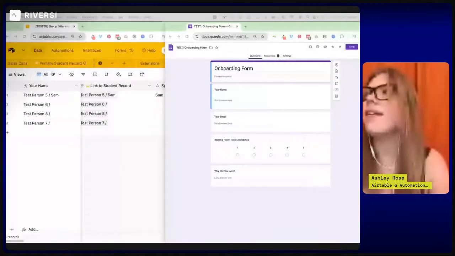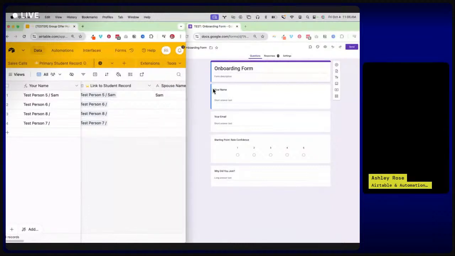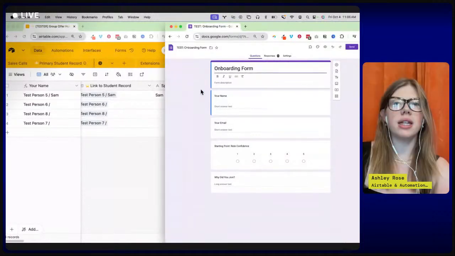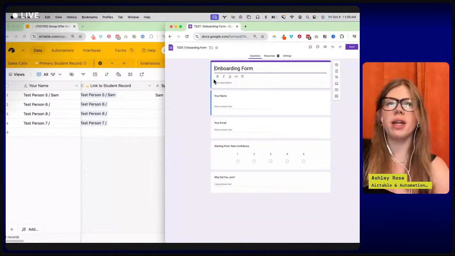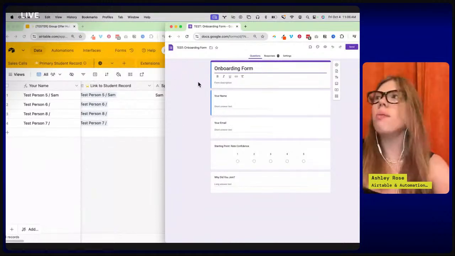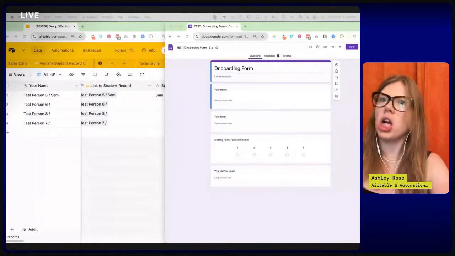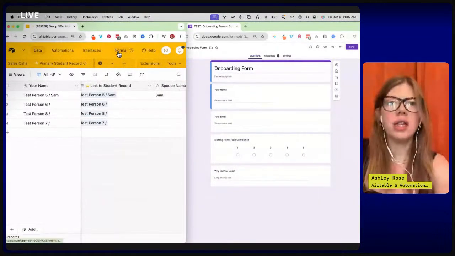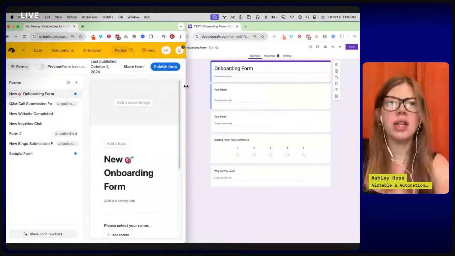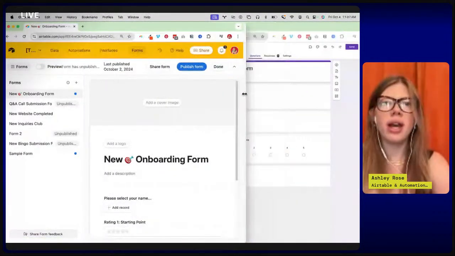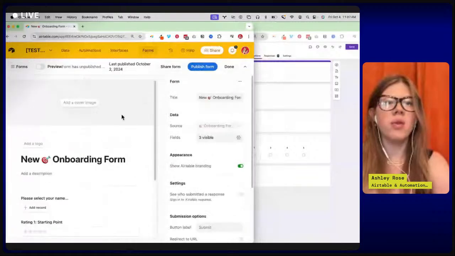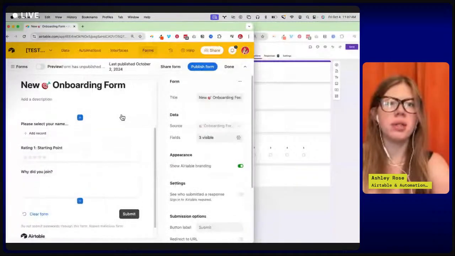All right, fantastic. So you should be able to see this now. We're going to start with onboarding forms, because all of us, if we have clients, probably have some onboarding forms that we're handling. So like I said, it's pretty similar. They kind of are going to look the same. Some people don't even know that Airtable has a form builder. So you can literally do a drag and drop form builder just like you can inside of Google Forms.